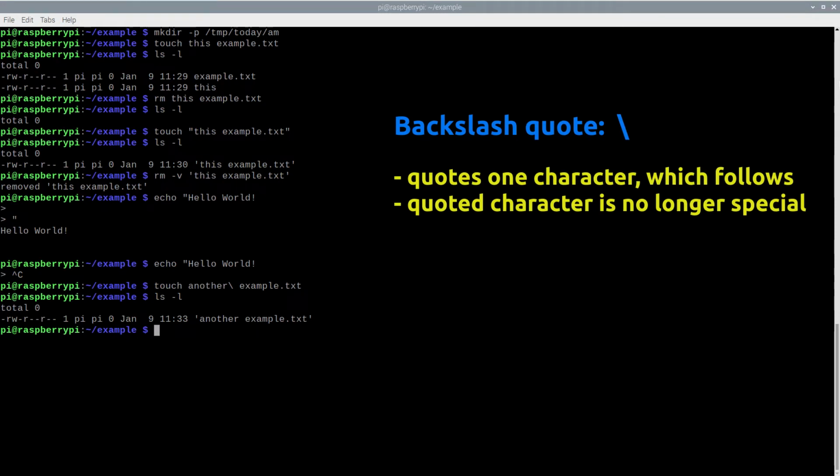The backslash can be used to quote the enter key as well, resulting in a secondary prompt. Here's another echo example where I will type the backslash and press enter right after. I am at the secondary prompt now, and I have a choice to cancel the command through Ctrl-C or proceed with the command by pressing enter. Keep in mind that since the backslash quotes only one character, pressing enter now results in normal behavior which will run the command.